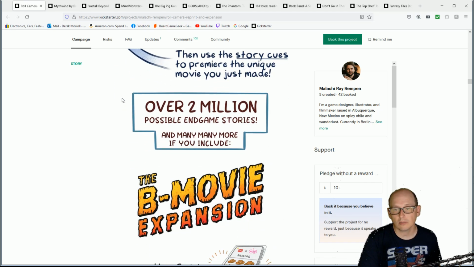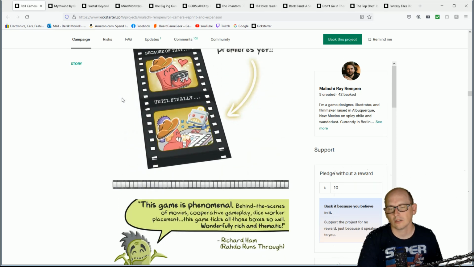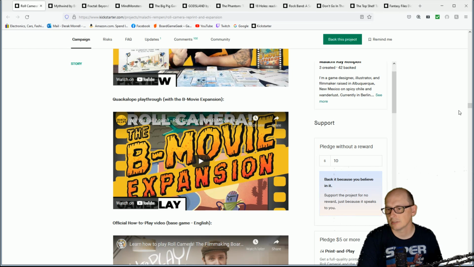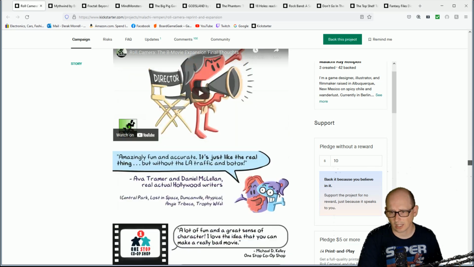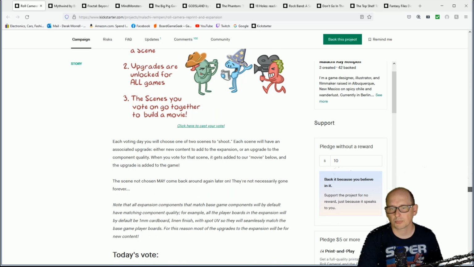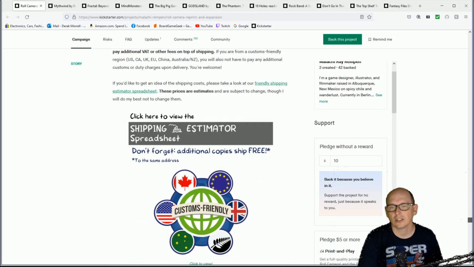Over 2 million possible in-game stories. That's fun. So it's a little cartoony art, if you're into that. This has got a lot of info. It's already a successful game, so this is just a reprint. It's probably a little overkill on the information here, considering